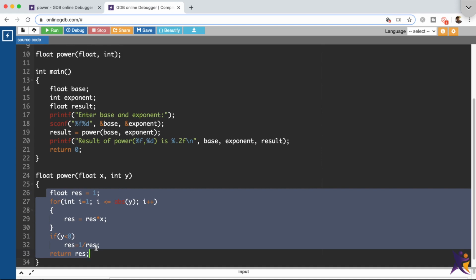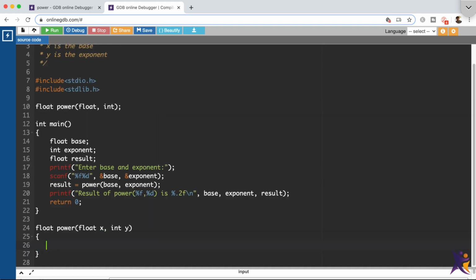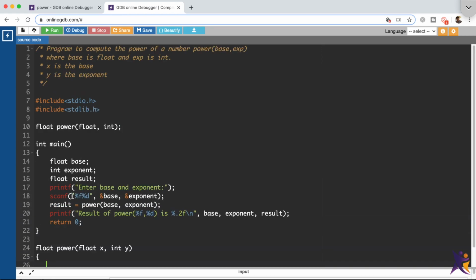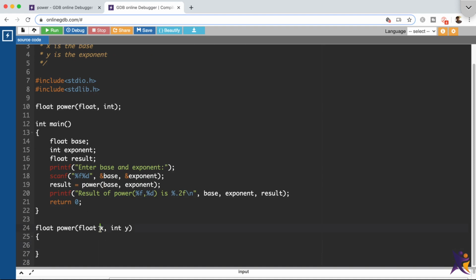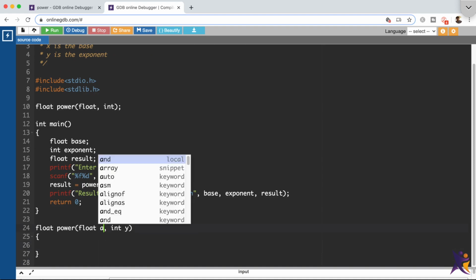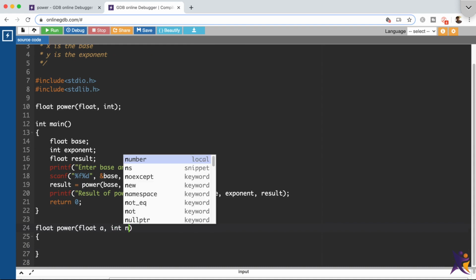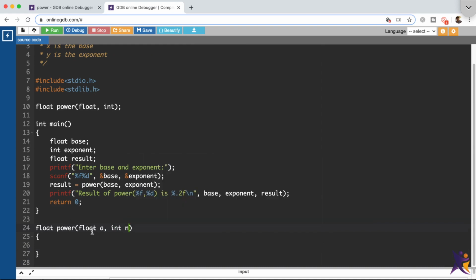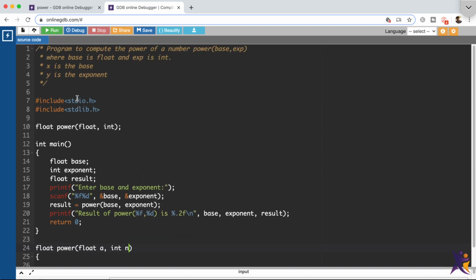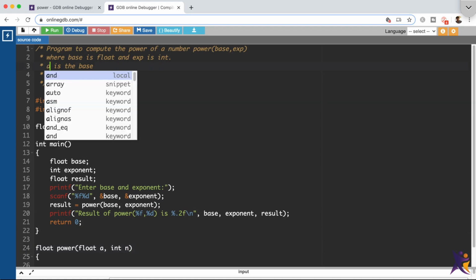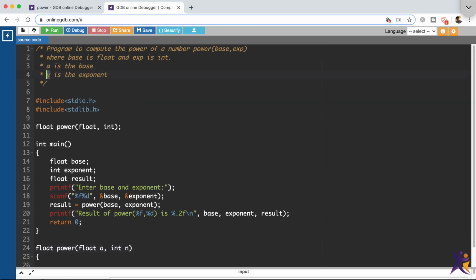So I'm going to remove this whole code within this function, and I'm going to have recursion in this place. Since we have discussed in terms of a and n, let's have a here and n here, which is our a is our base and n is our exponent. So let me change this also. So a is base and n is exponent, right?